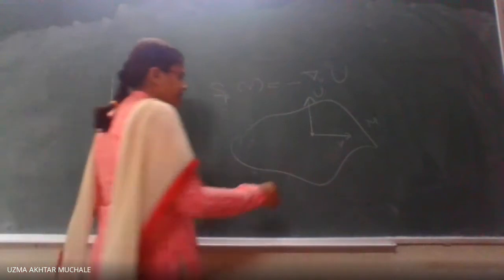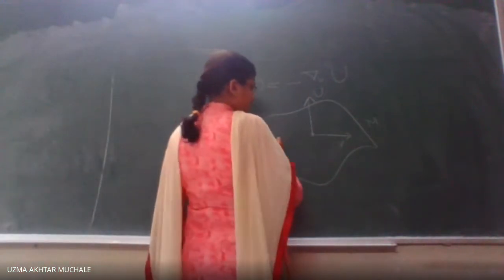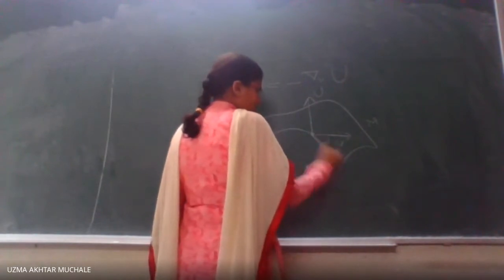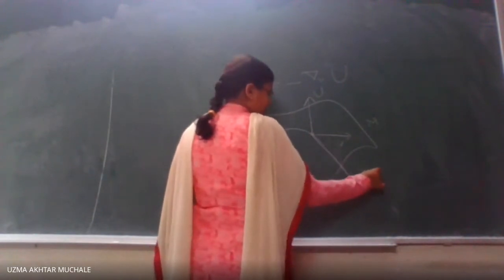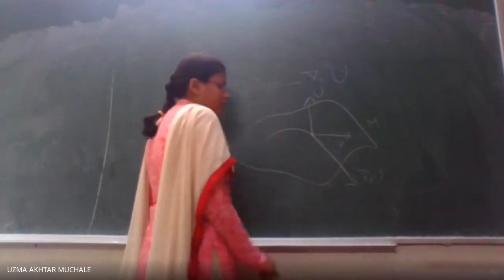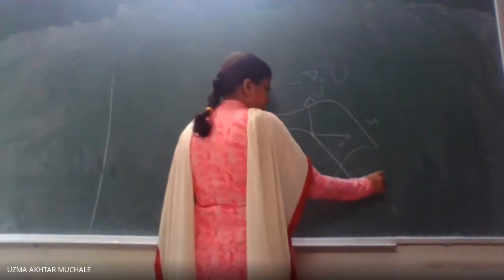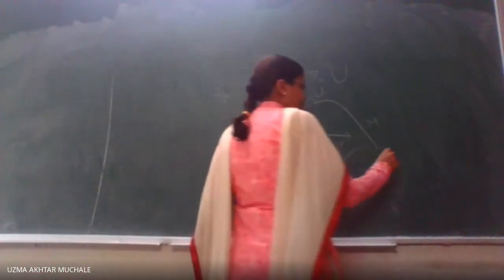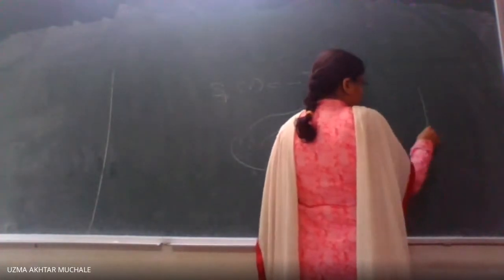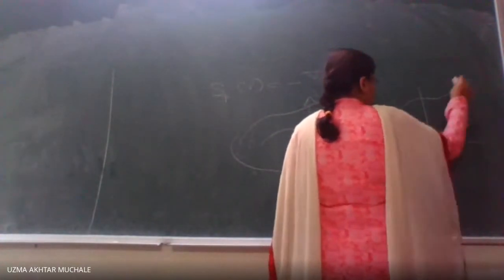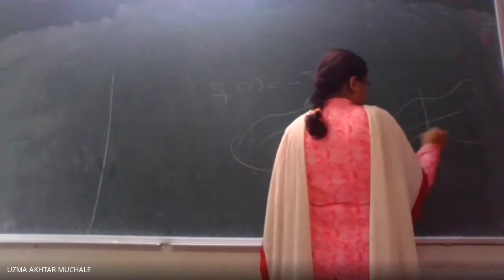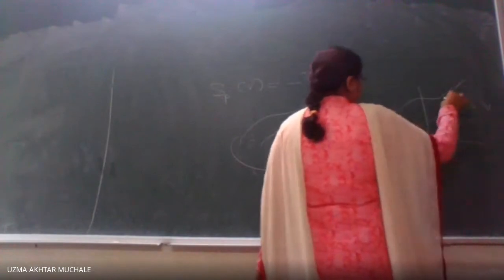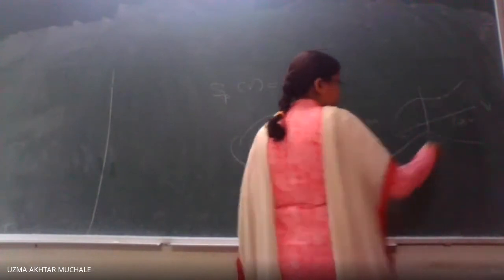So what is covariant derivative? We have already studied covariant derivative. At every point, suppose this is a curve, here we have this tangent vector. So here this is nothing but del V U, that is the rate of change of a unit vector field U in the direction of a tangent vector V. Those who remember, I have already told you, suppose we have any curve, here this is P, this is P plus tV, and this is V. So here it will have f of P plus tV.